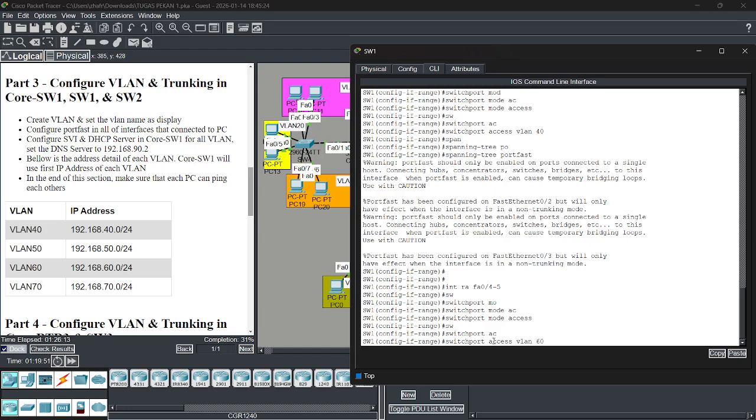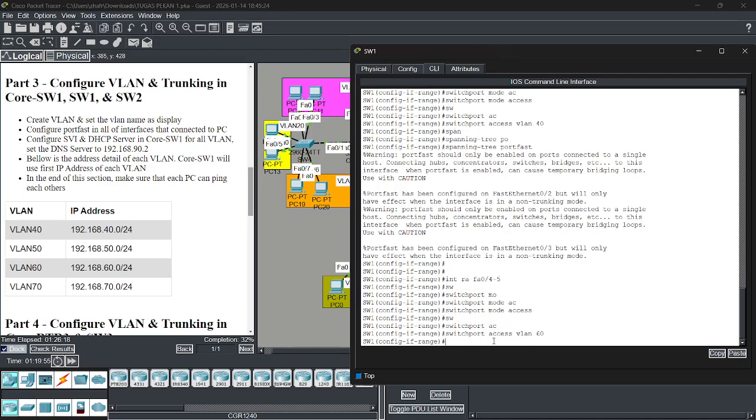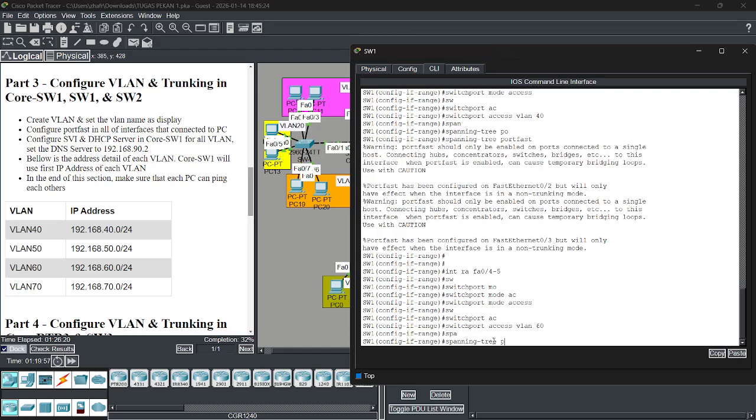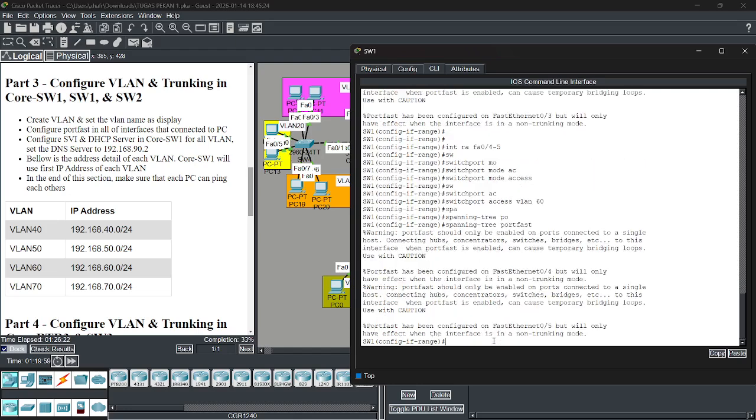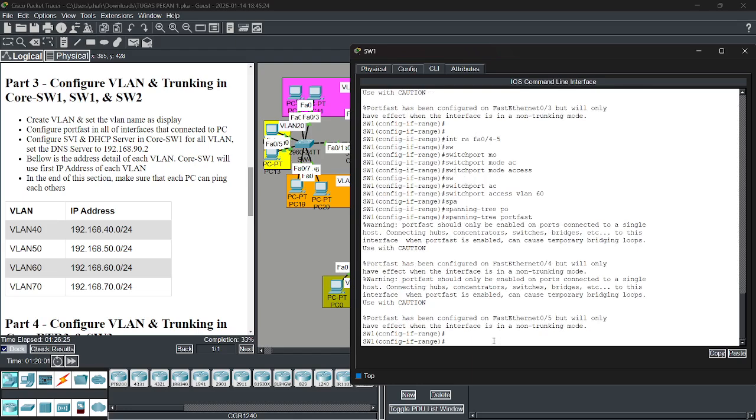Okay. Spanning-tree portfast. Okay. The portfast is enabled.